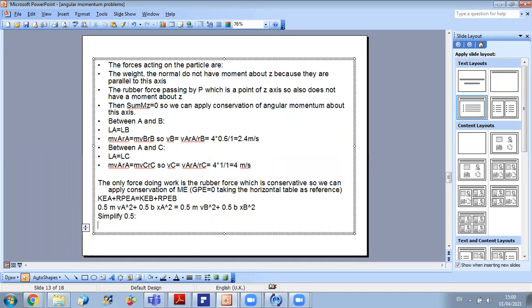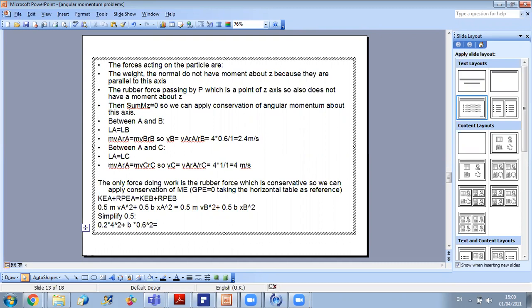What do we get? We get M, which is 0.2 times VA, which is 4 squared, plus the B that we don't know. Okay, we should calculate it. So B times XA squared, which is 0.6, equals